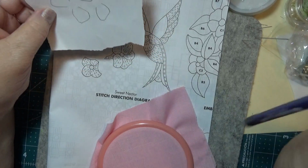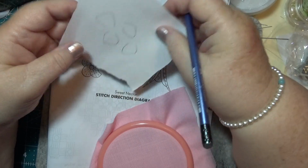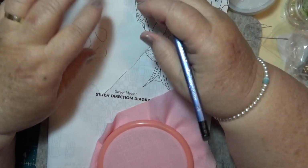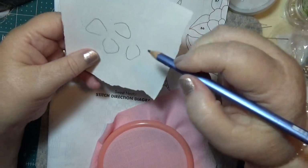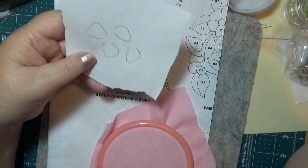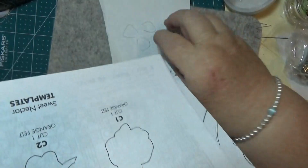So what you do is you need them separate like this, okay? So you want to trace over that, and that way you can do that, unless you can draw yourself 4 petals, and they're not exactly the same, you know, so that's good, but whatever you can come up with is good. So if you do that,